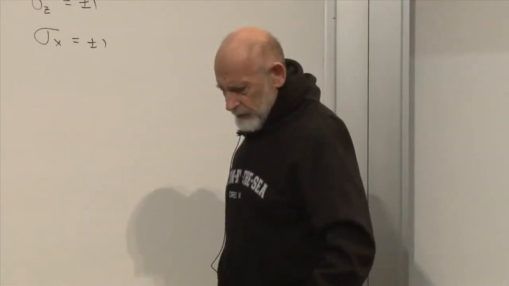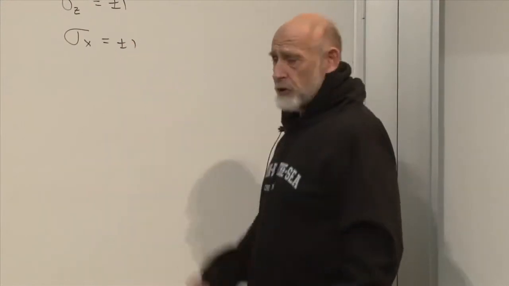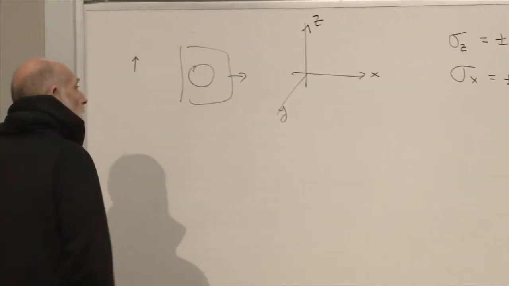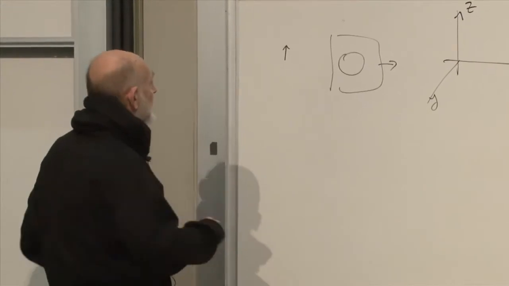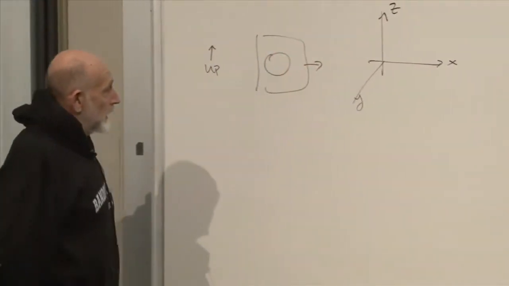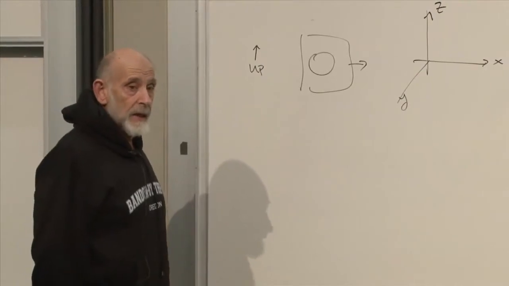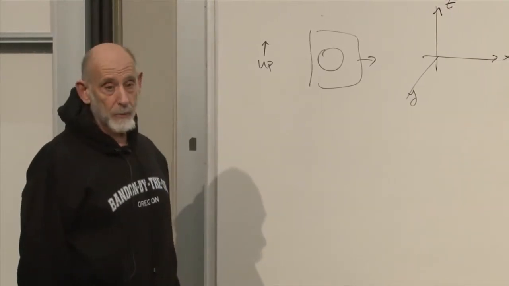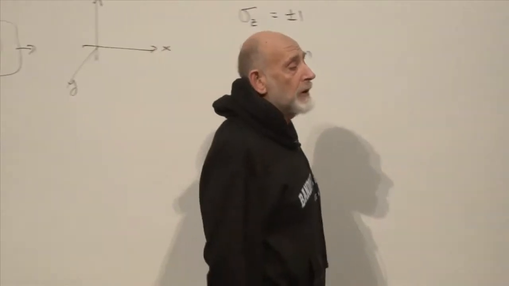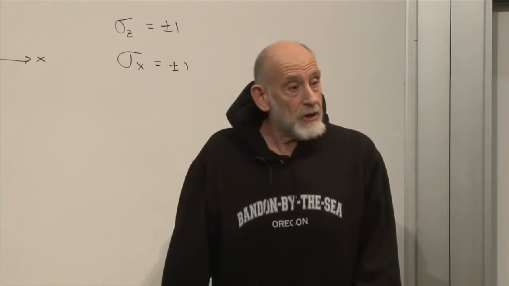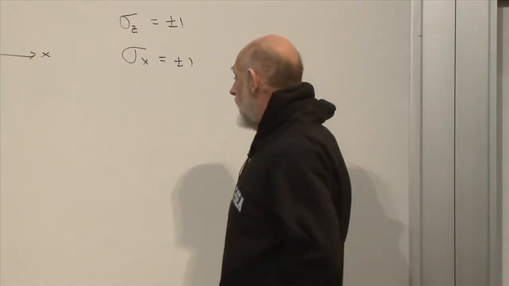But still, it does seem to have a sense of orientation. The results of experiments do seem to change when you rotate detectors. In particular, if you begin by orienting the spin along the z-axis in the up direction, let's call this up, that means sigma z is equal to +1, and then rotate the apparatus, detect it again, you won't necessarily get +1. In fact, you may get +1 or you may get -1 with equal probability. You could do the experiment over and over and over again. Half the times you would get sigma x equals +1, half the times you would get sigma x equals -1, even though you knew sigma z was exactly +1 in each case. So